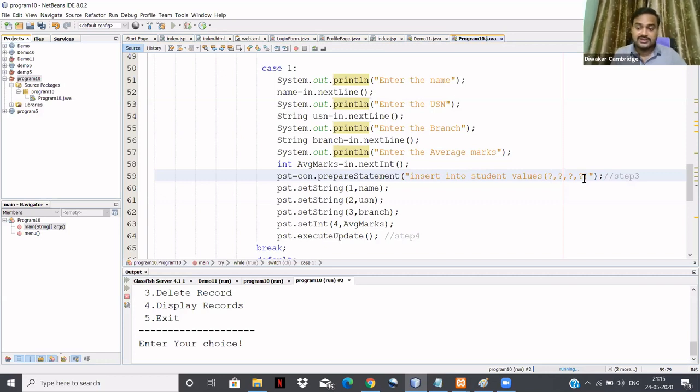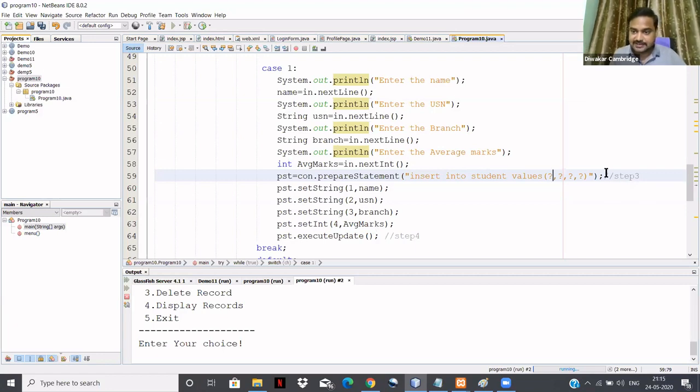Later you're going to insert the values by using the setter methods. This is the first parameter, first question mark, second parameter, third parameter, and fourth parameter, right? Now what you're going to do, you're going to set the first parameter. One name, second USN, third branch, fourth average marks, right?